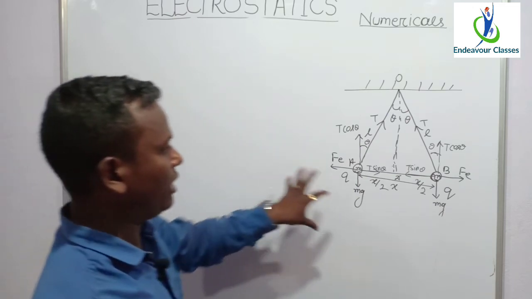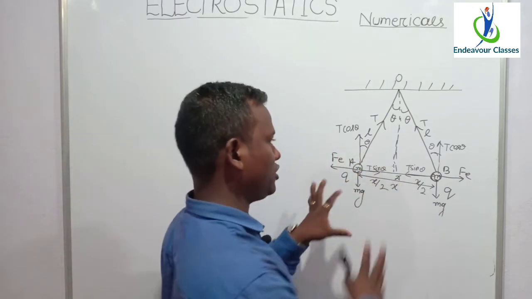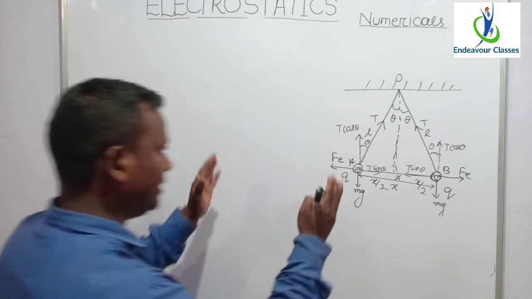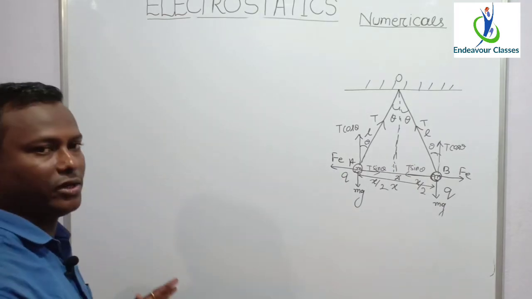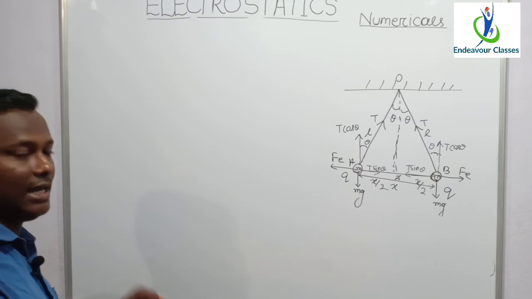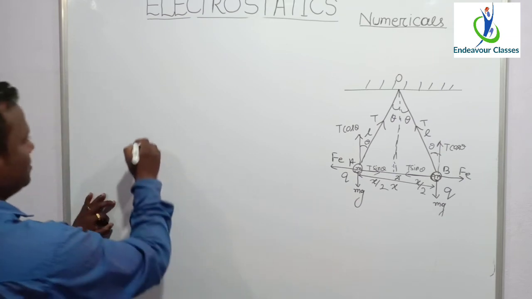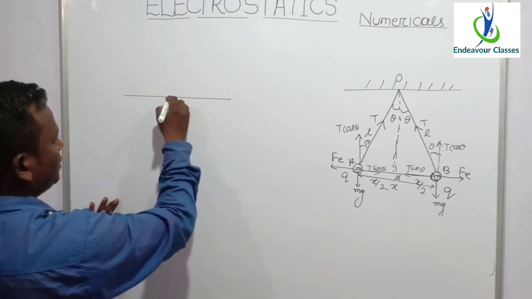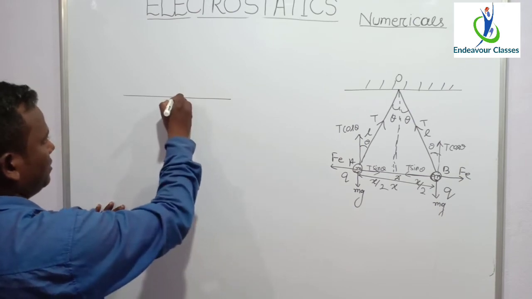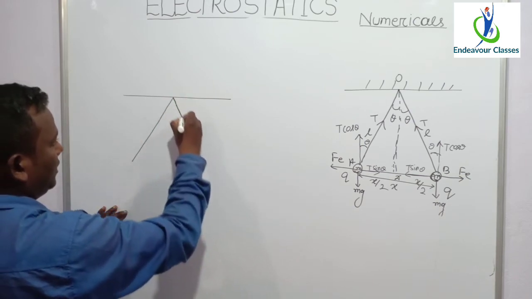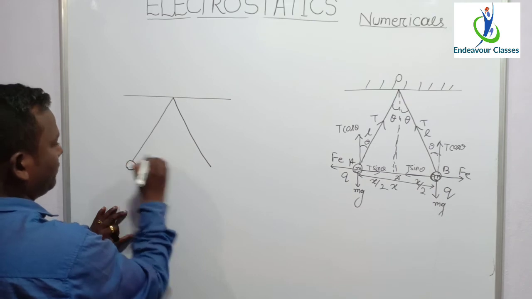Now we have already drawn all the forces acting on the charges here. Now if this entire system is dipped in another liquid of dielectric constant K, suppose, so let us see that this entire system is immersed in another liquid